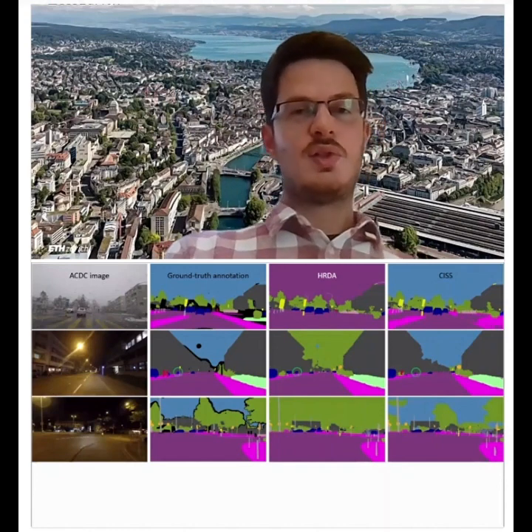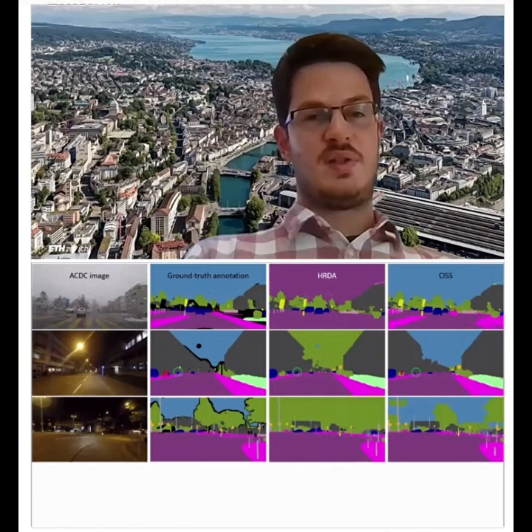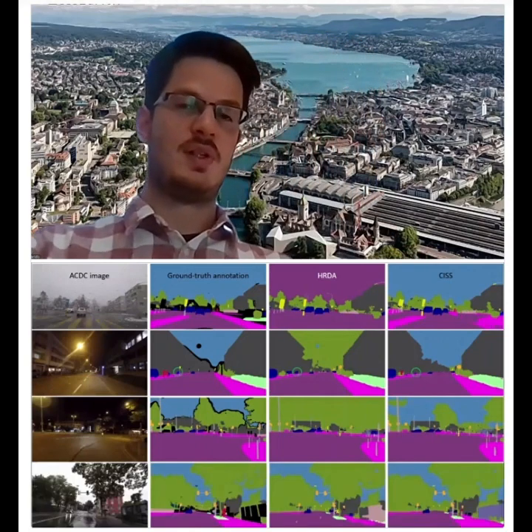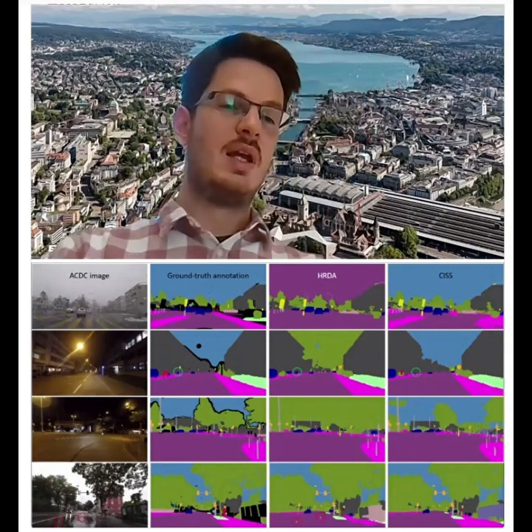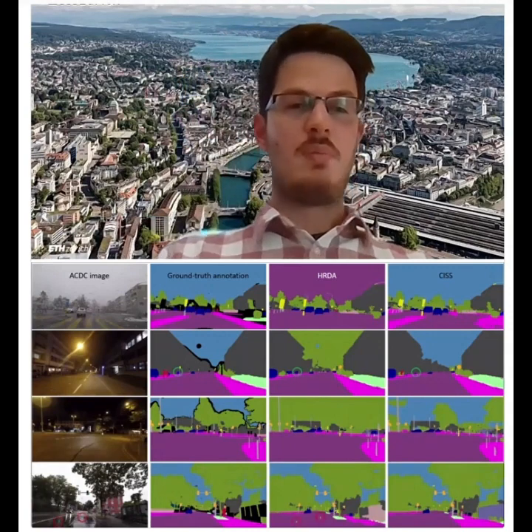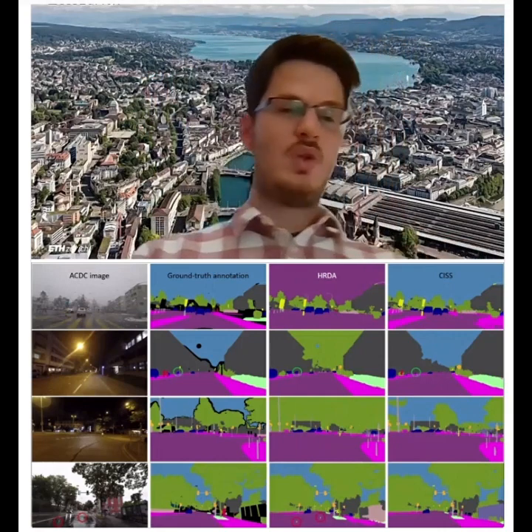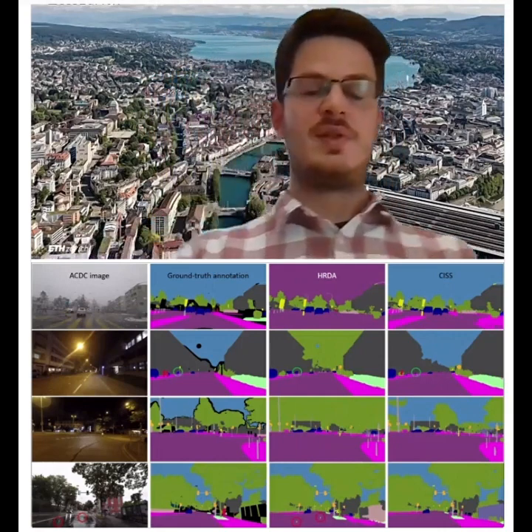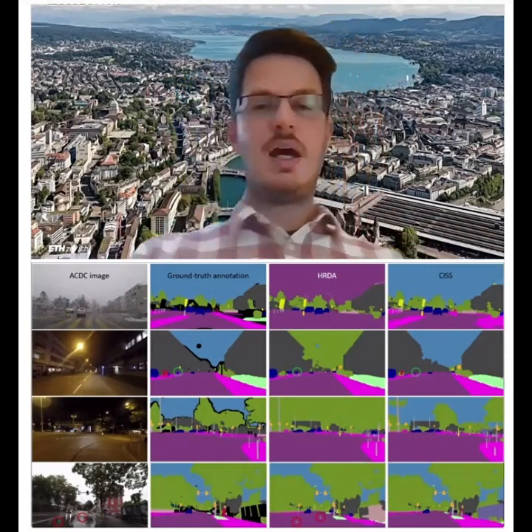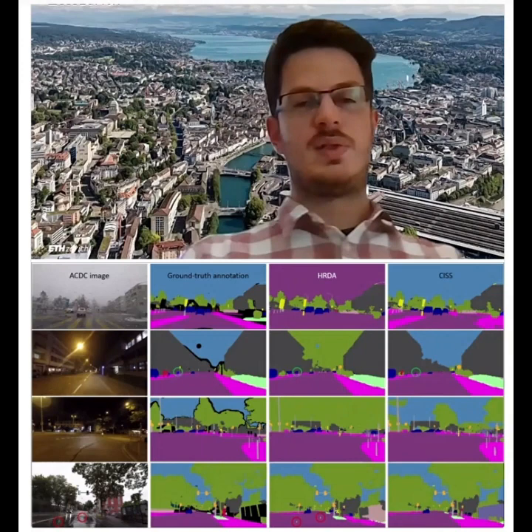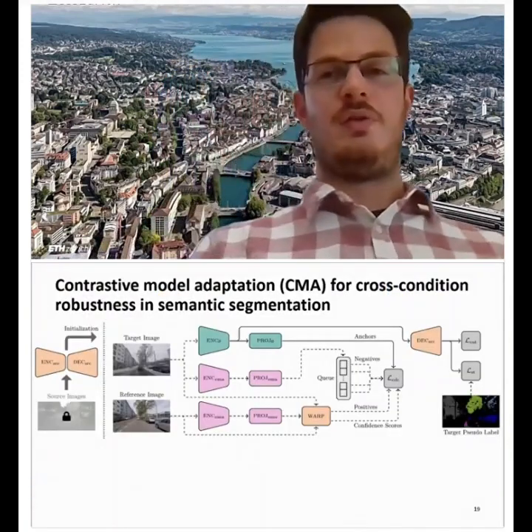And also we see that we have better performance on segmenting the sky from vegetation in nighttime images. And finally, in the case of rain, we might have some reflections on the ground, which correspond to traffic lights that are green and are reflected to the camera, whereas in our case, we are able to segment this correctly as road, and we're not fooled by the reflections.